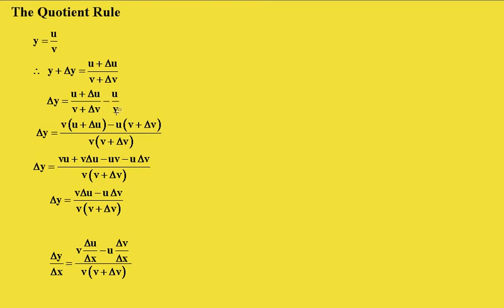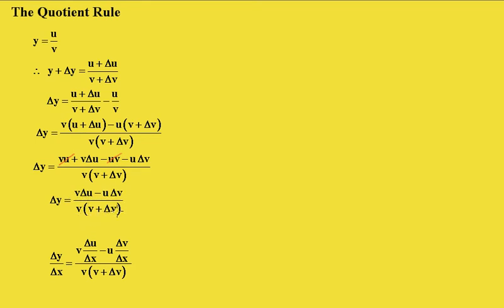Now putting over a common denominator of v outside of v plus delta v, the v goes across to here because it's v outside of u plus delta u, minus the u times this one. Just simple fraction work. And then removing the brackets, we get vu, v delta u, minus uv, minus u delta v, all over v outside of v plus delta v. Now, of course, you can see that vu and uv are the same. So they just very conveniently go out. There you go. And we get v delta u minus u delta v, all of v outside of v plus